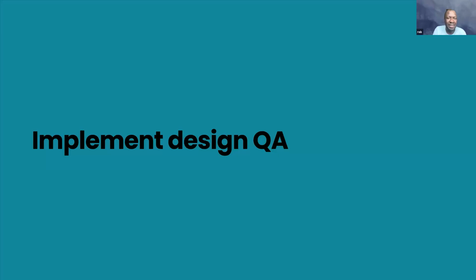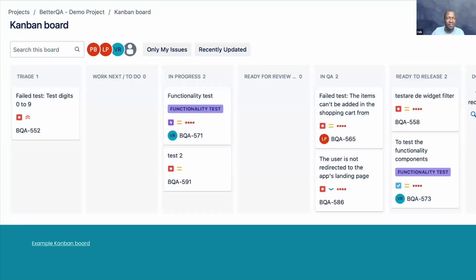The next one is about implementing design QA, or at least considering it. For those that don't know what QA means, it stands for quality assurance. On screen, we've got an example taken online of a Kanban board. For those that don't know, Kanban boards are used to help easily visualize tasks. And we work at ICS in 2 week sprints. As a task is worked on, it moves through the swim lane, and each column denotes what stage in the process it is.